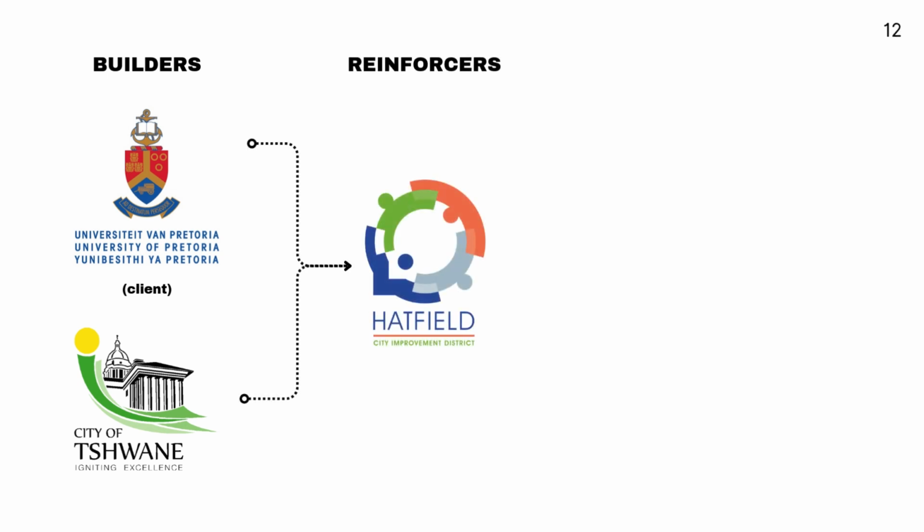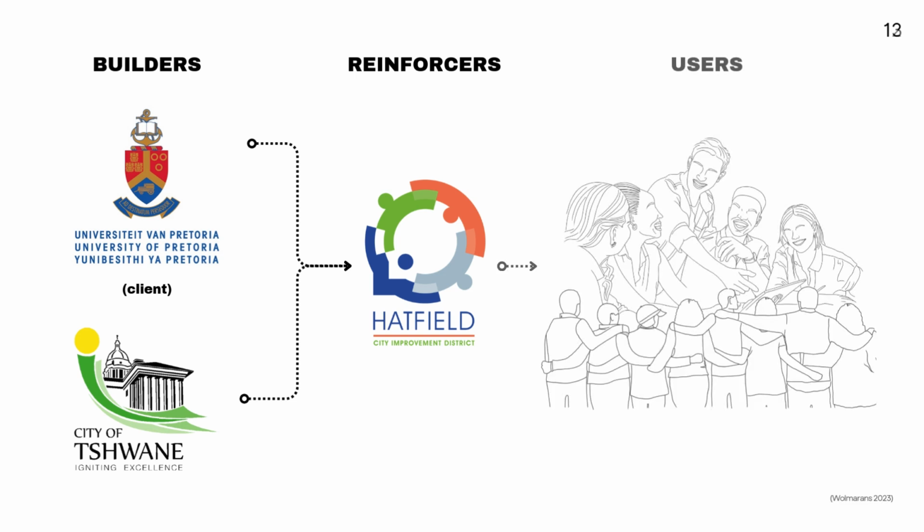Our secondary stakeholders are the reinforcers, who, alongside building tenants, will take ownership of the urban environment. The Hatfield City Improvement District will therefore play a critical role in the management and regulation of the unified city campus expansion, ensuring that it remains controlled, engaging, and safe. Lastly, we consider the everyday users of the urban environment and its buildings. It is critical to respond to user needs and desires to ensure that the expansion is suitable, inhabitable, functional, and